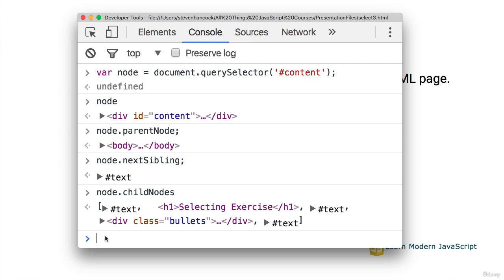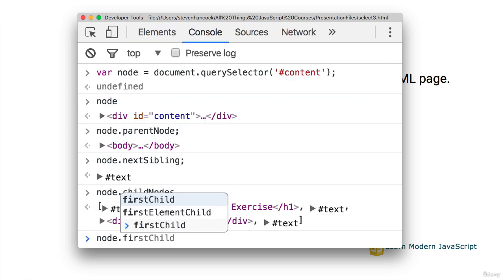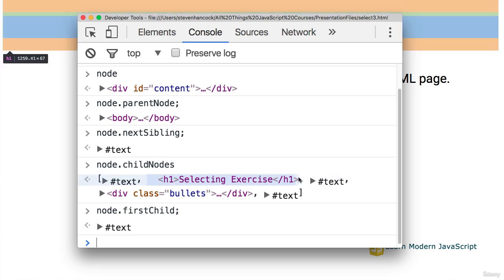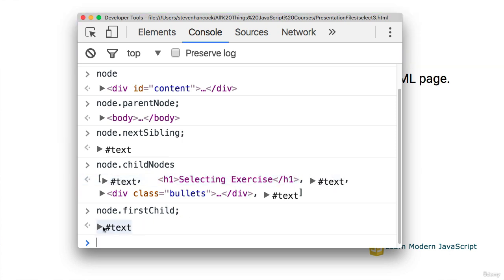See, if I were to use node.firstChild, well, that's great, except it doesn't give me what I want. I was hoping to get the H1, where I get the text element. So how do we deal with that? Well, let me jump back,